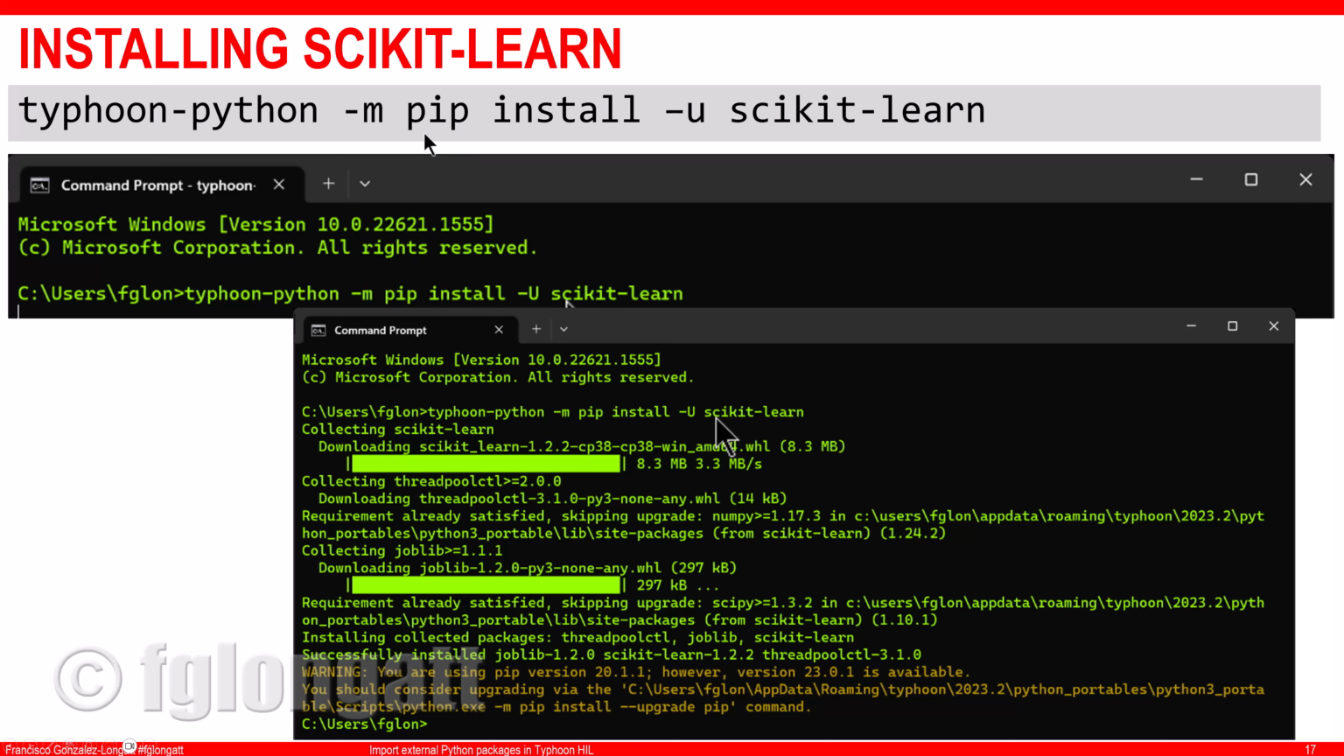What you need to do is go to the command prompt in Windows, and type this very specific command that is located here at the top. You will write Typhoon Python and pip install -U scikit-learn. When you press enter, of course,